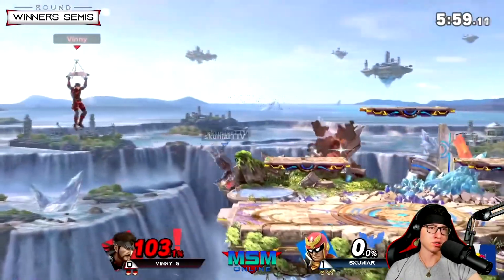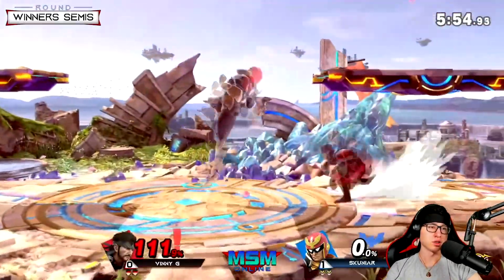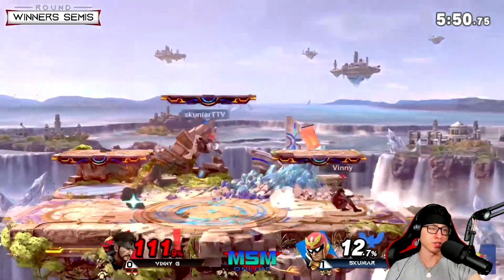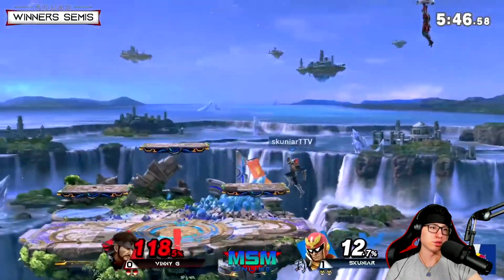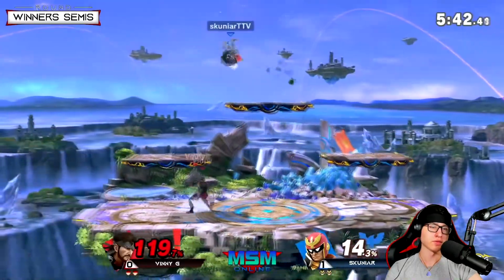Wave bounce Nikita. Not going to get much out of that though. Doesn't roll in. Very smart. Very good patience and selection from Vinny G. So he needs to try to keep him out a little bit more, if anything. It feels like he's kind of